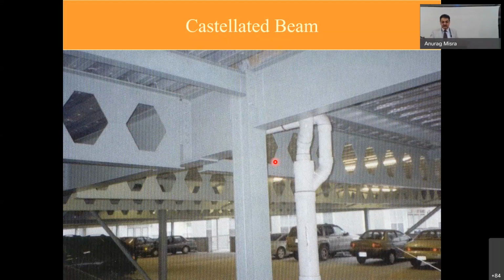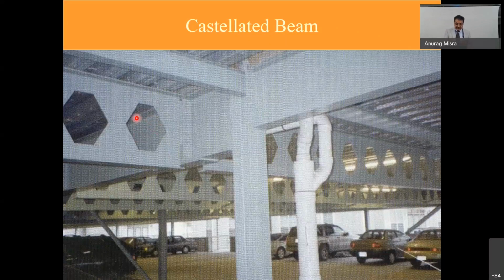and you can increase the moment carrying capacity to a huge extent. And as you can see, because of the parking, a large span is needed to be created, and that is how the main beam is a solid one, and all the beams are castellated beams covering the huge spans. And the advantage nowadays, these are being used in the residential and multi-story buildings as well,